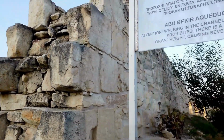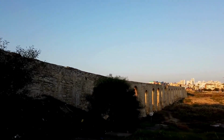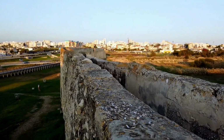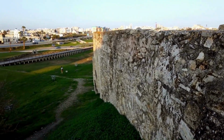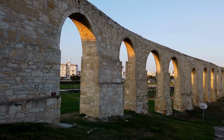Number 1, stop at Larnaca Aqueduct. The magnificent aqueduct, which was built in 1746, served as Larnaca's water supply until the 1930s. This impressive structure was part of a complex water system that utilized tunnels to transport water to the town. It was constructed under the instructions of the local Ottoman governor and was designed to resemble the aqueducts of the Roman era. Today, the aqueduct still stands strong with its 33 arches spanning across the lush green fields, creating a